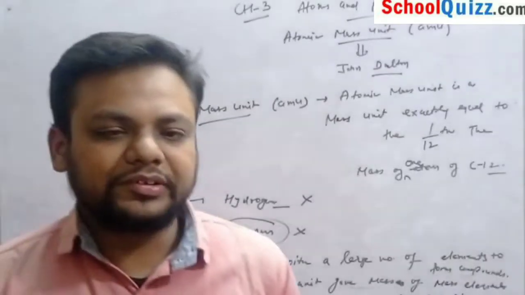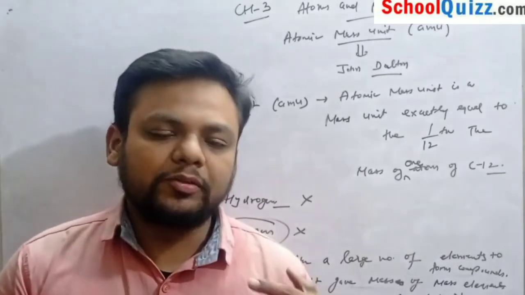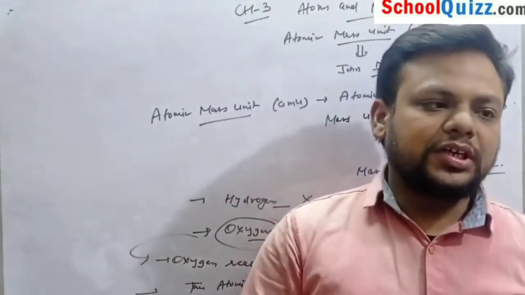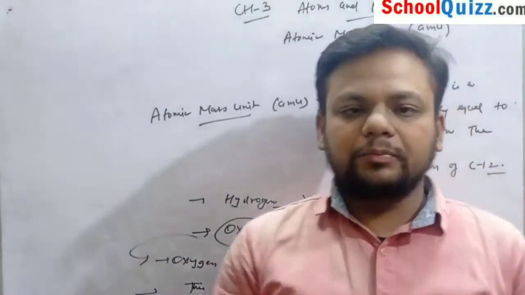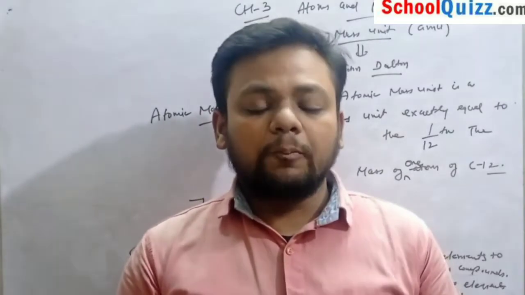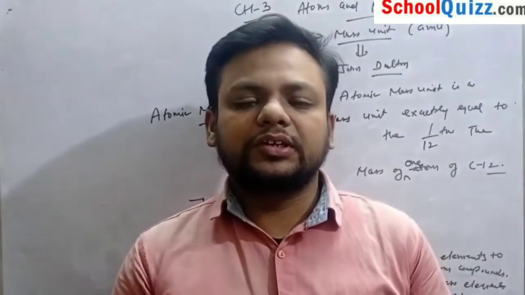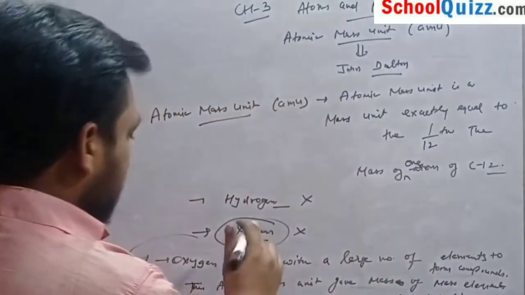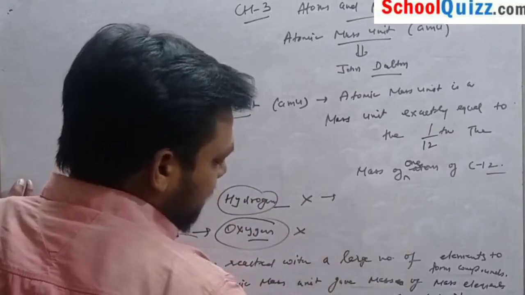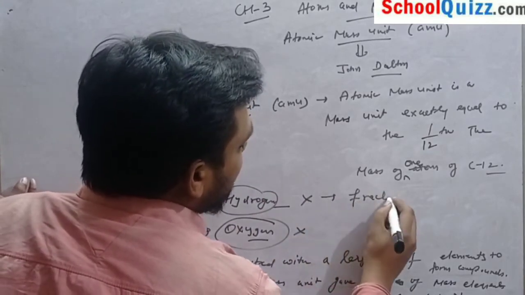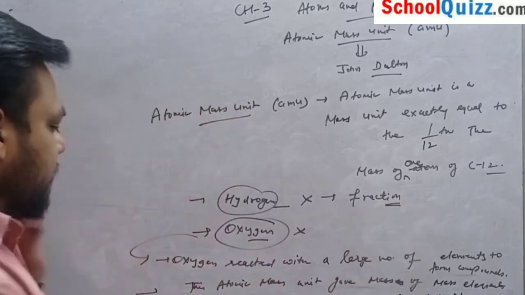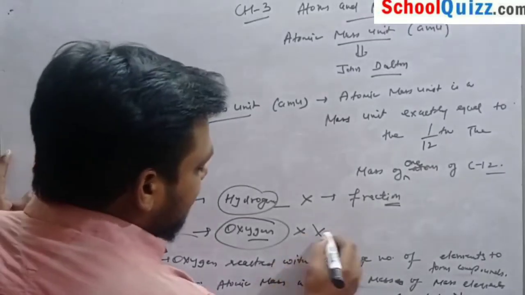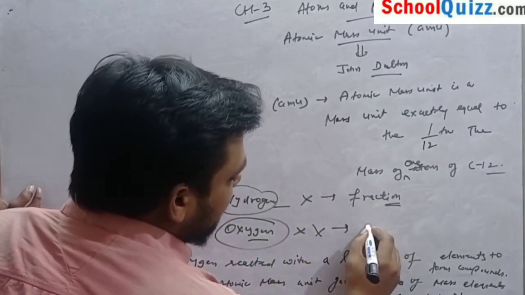Oxygen was chosen as reference element before carbon because it reacted with most of the elements to form many compounds, and the atomic mass comes out to be whole numbers, which was a limitation of hydrogen chosen as a reference element. So why was hydrogen removed? Because masses come out to be in fractions. So after removing hydrogen, oxygen was chosen, but it was also rejected because natural oxygen